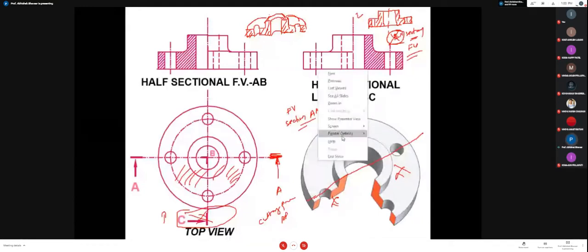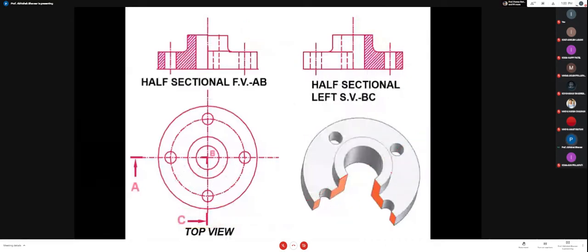Now what is the difference between full sectional and half sectional? In the half sectional, we want to remove the quarter portion, the 1/4 portion, and generally it will be applicable in a figure which is made by an axis of revolution. If I want to take a portion here, take a cut portion, see this, take this portion only. Take this axis and revolve this figure.